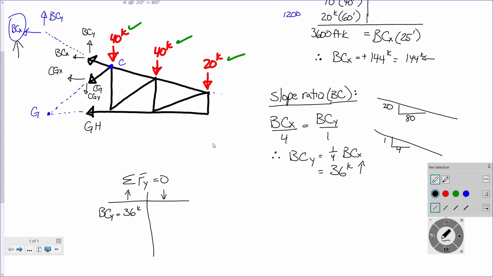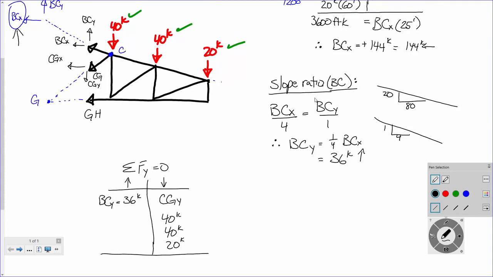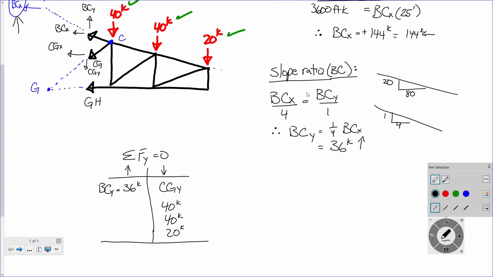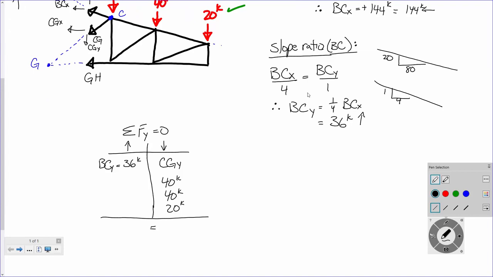All right? What about going down? I've got CGY going down. Now, I don't know what's going on with CGY. What else do I have going down? Well, going down, I've got 40 kips, 40 kips, and 20 kips. Is that everything? Did I miss anything? No, I got that right here. So that's everything, right? So here on the left side, I've got 36 kips, and on the right, I've got